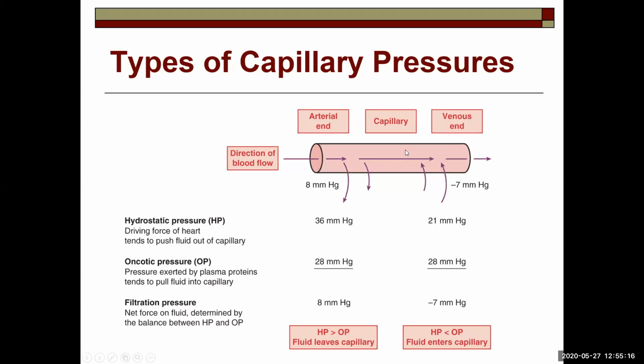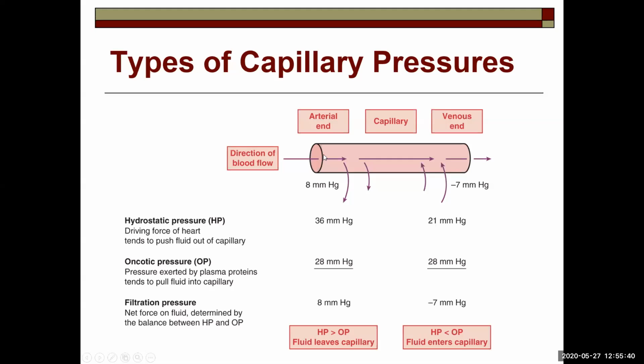Hydrostatic pressure is the amount of pressure within the artery that's pushing out. So inside here, I have a hydrostatic pressure pushing filtrates outside of the blood vessels. Usually the capillary is the one that has pores in it, and that's where you have filtration going in and out of the capillary. So hydrostatic inside,